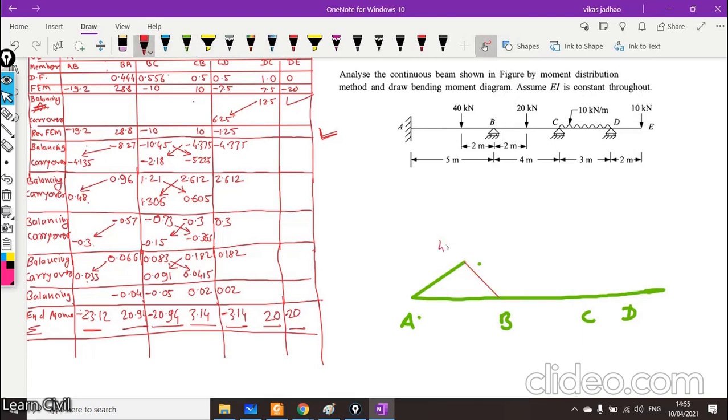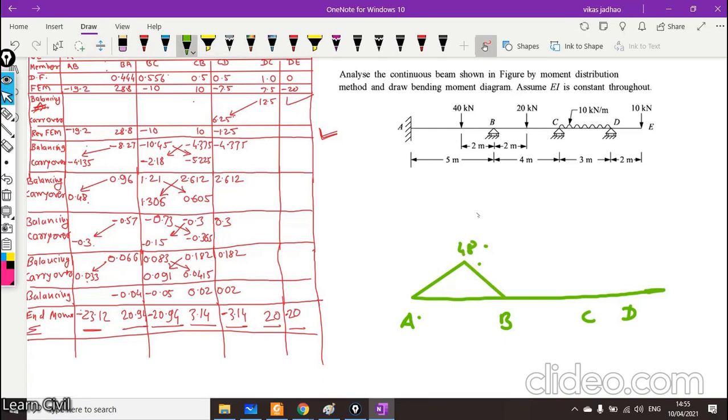So it is 40 into a is 3 into b is 2 divided by 5. So this value will be 40 into 3 into 2 divided by 5. So this will be 48. Okay, I'll delete these values because it will be difficult to understand. We will be having 48 here.